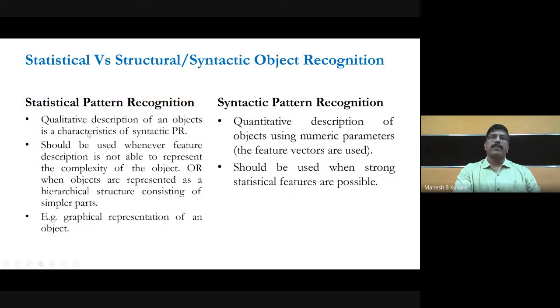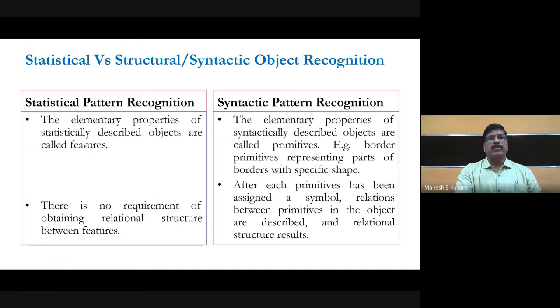Okay. The elementary properties of statistically described objects are called the feature in case of statistical, right? The elementary properties of the statistically described objects are called the feature, whereas in case of syntactic pattern recognition or structural pattern recognition, the elementary properties of syntactically described objects are called primitives.